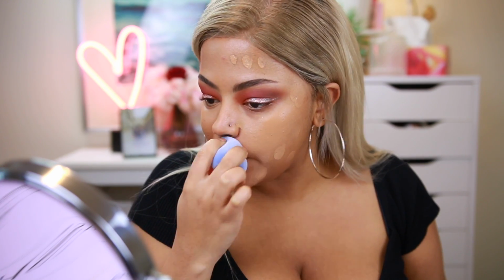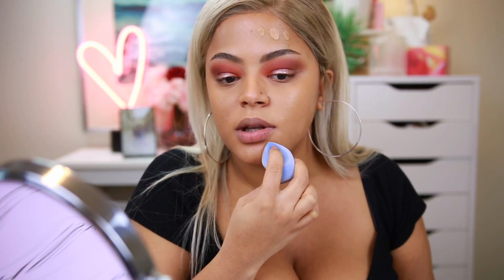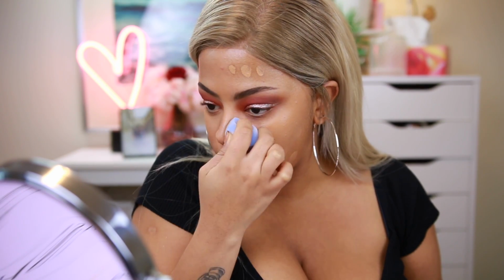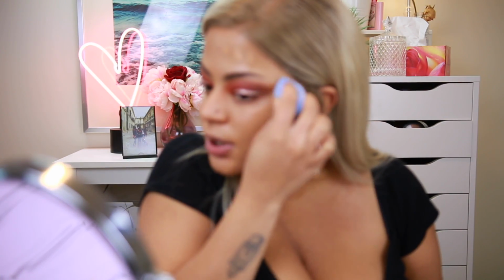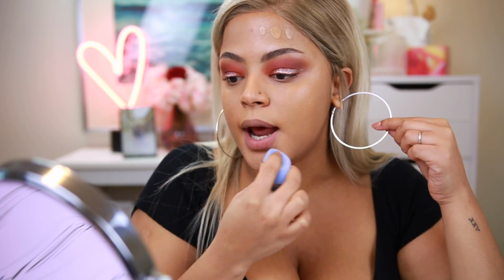Okay, for starters, I feel like it's more full coverage. You see that? It applies it in a more full coverage way. So I'm guessing that's because it's not absorbing the product as much as the Beauty Blender is. But wow, okay. Interesting. Okay, so, do you see that? Do you see how more full coverage and...